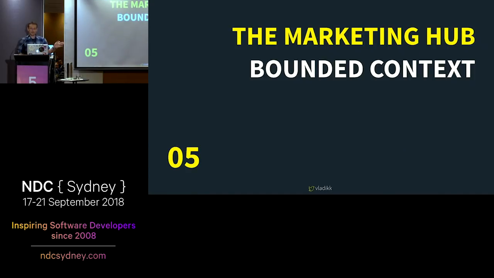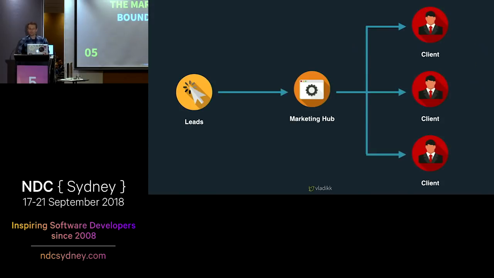And the fifth bounded context that I wanted to talk about is called Marketing Hub. Our management was looking for a profitable new vertical. They pondered, why couldn't we use our ability to generate massive amounts of leads and sell them to smaller clients, ones we didn't work with before? So they decided to give this idea a try. And as I said, this project was called Marketing Hub.